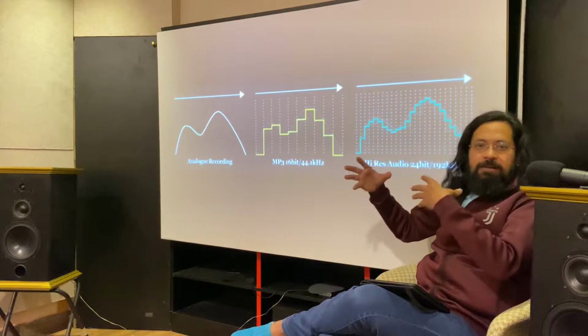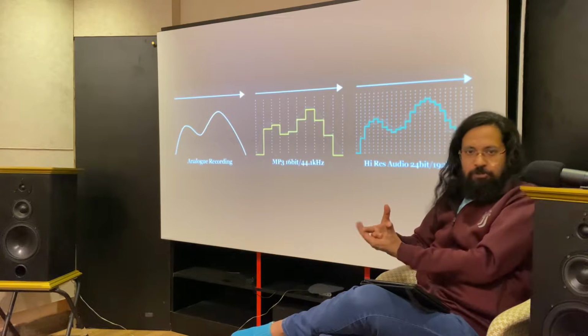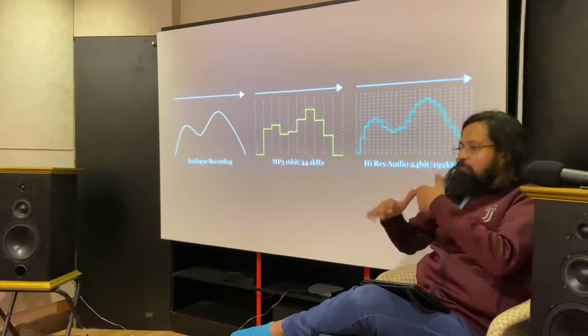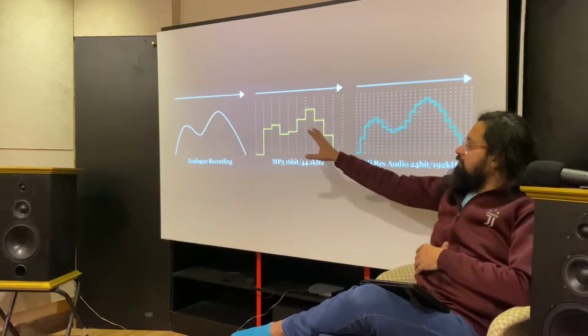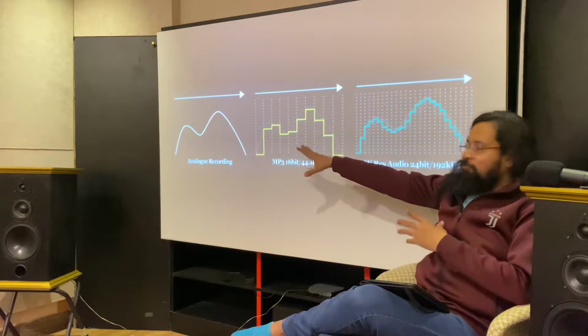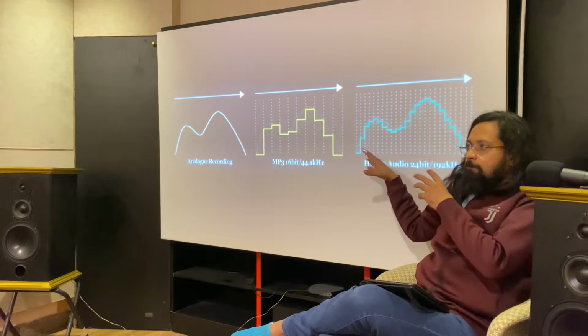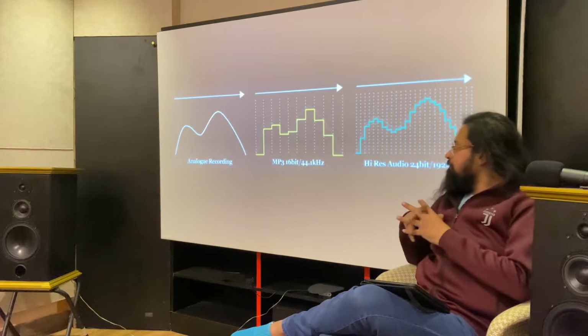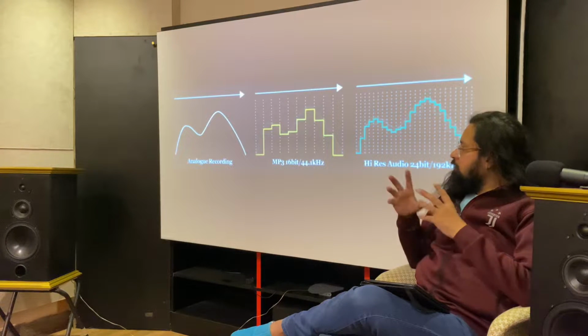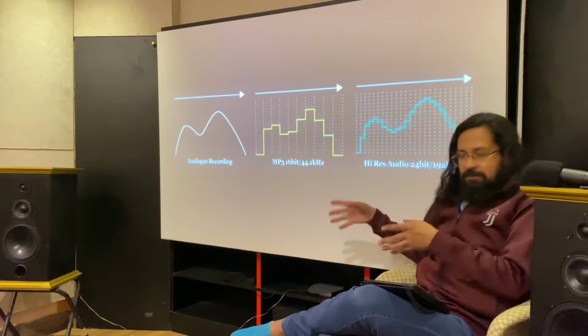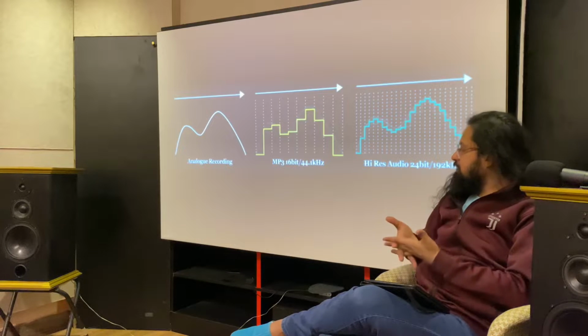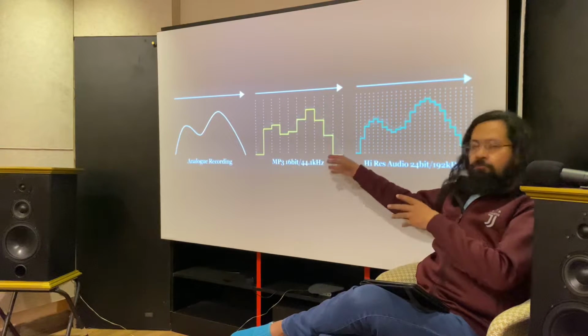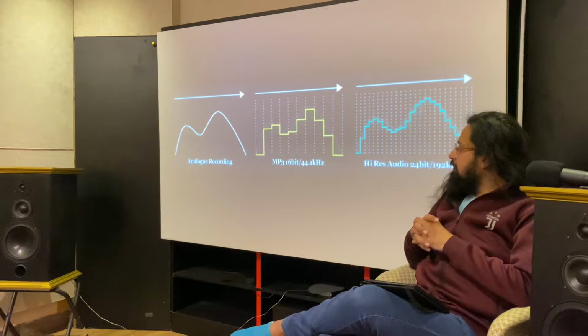It's just trying to give an analogy, an example so that you understand what I'm trying to say. Let's assume that this is the waveform that you find from the music band that was playing there. If you try to record this using an MP3 format, which is industry standard like 16-bit at 44 kilohertz,